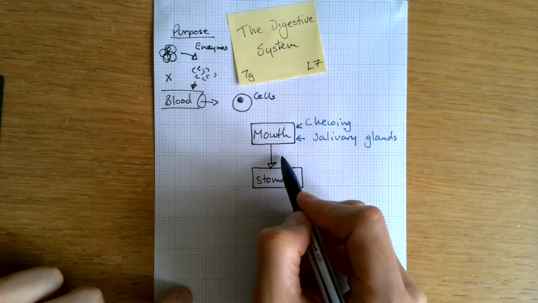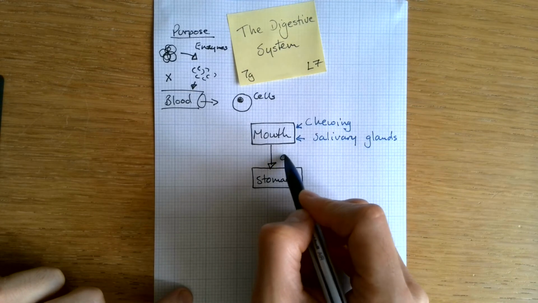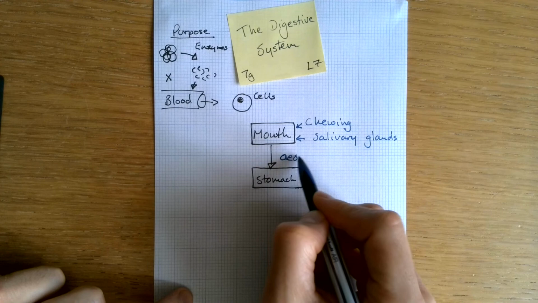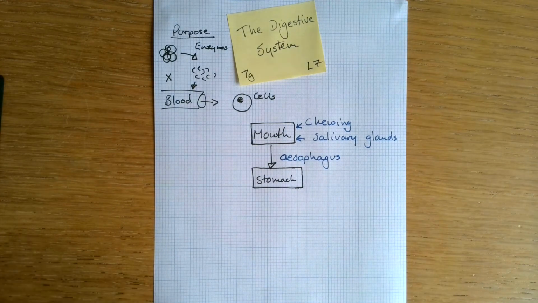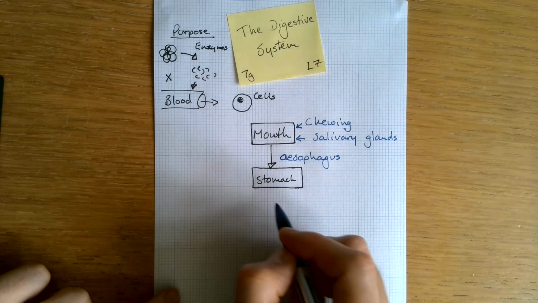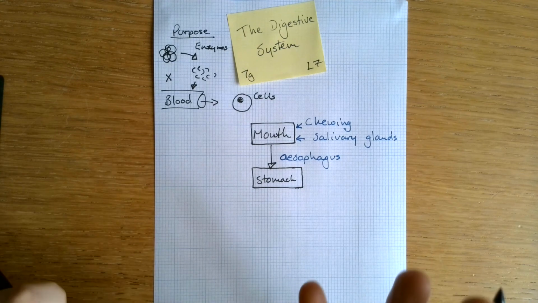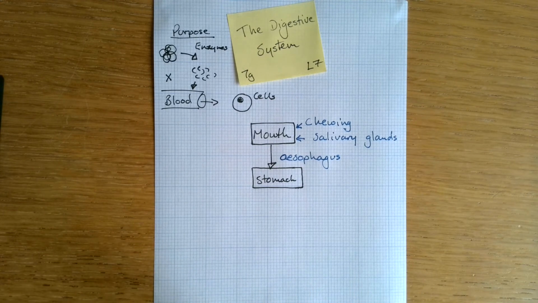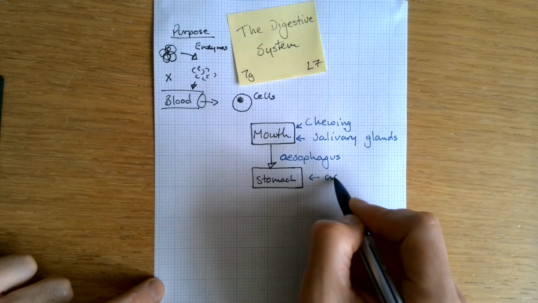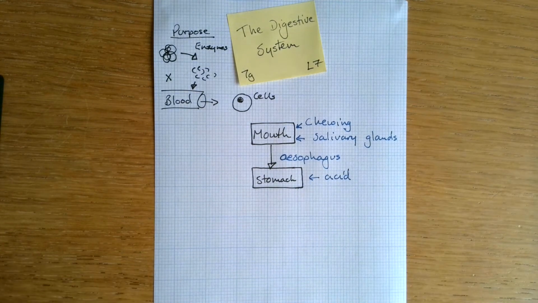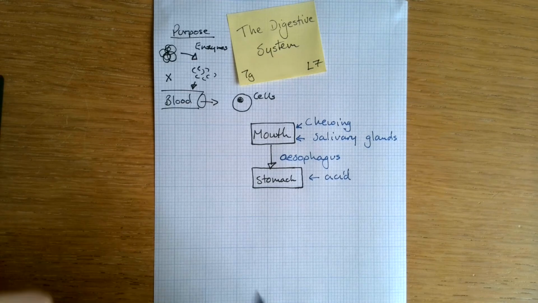And that will pass through a tube called the esophagus. And as we swallow, that pushes the food down into the stomach. Inside the stomach, it's simply a bag, an organ, and it's full of acid. Once the food lands in there, it spends a couple of hours being churned up and mixed with the acid as well. So we could mention that there's some acid in the stomach that helps break down the food. There's other enzymes and other parts in there as well, but we'll come on to that in a bit more